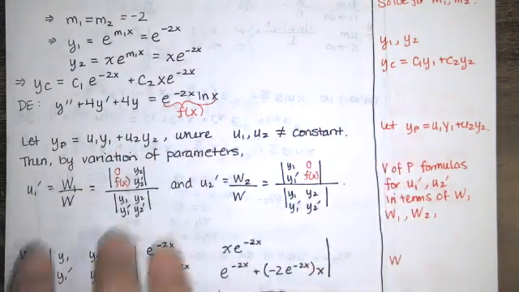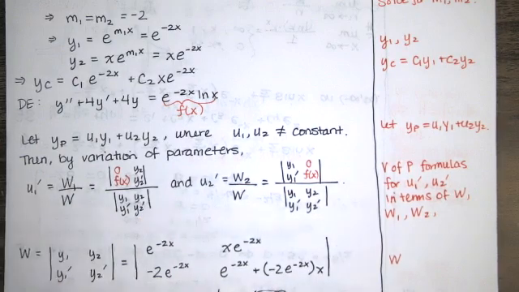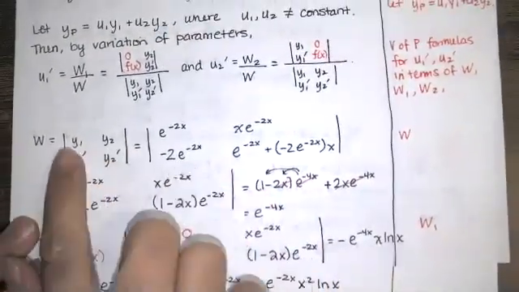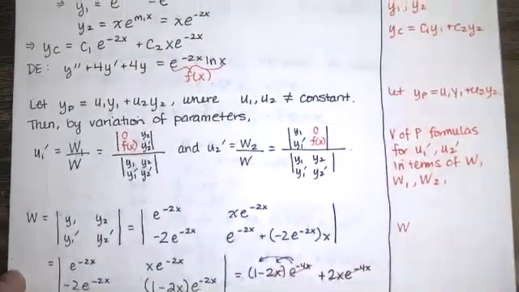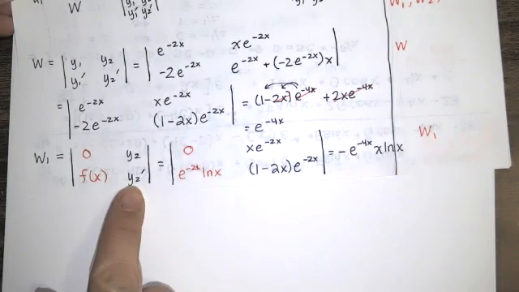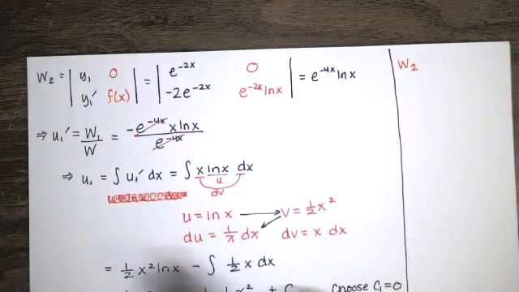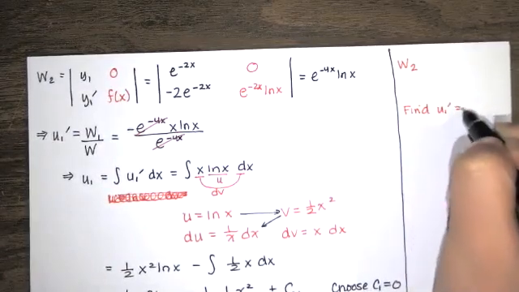So we say if y sub p equals this, then u1 prime must be this and u2 prime must be this. So then we just say, okay, let's evaluate those so that we can get u1 prime and u2 prime. W is the Wronskian of that fundamental set of solutions, the one with y1 and y2 in it, and you found those earlier. So we just evaluate that here. Then you find w1. Next, that's here. You just swap out that first column with 0 and f of x, leave the second column the same. Then you find w2, swap out the second column with 0 and f of x, and then you substitute w1 and w2 into u1 prime. So you're going to find u1 prime, which is w1 over w,